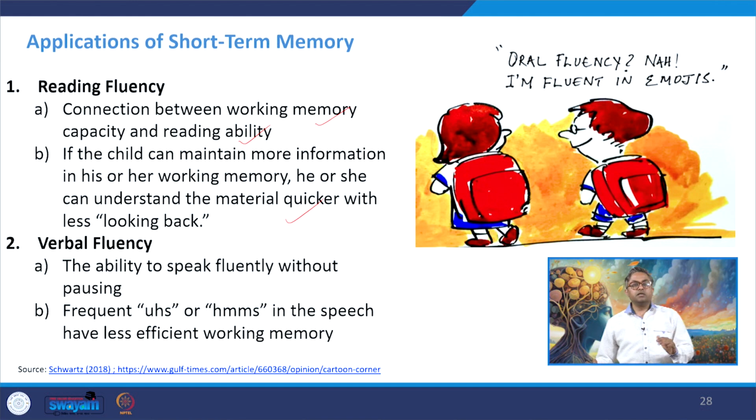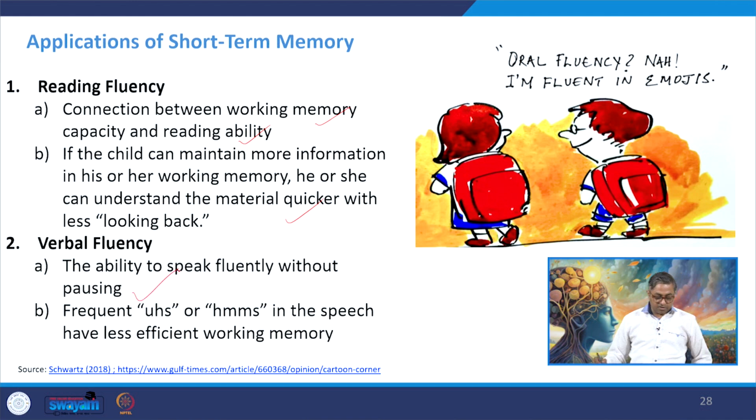And that is why I think teachers put a lot of emphasis on reading fluency in school time, because once you are enhancing your working memory capacity, then the consolidation of further knowledge and further experiences becomes easier in your working memory system for the long term, which later aids the long term memory for future reference.